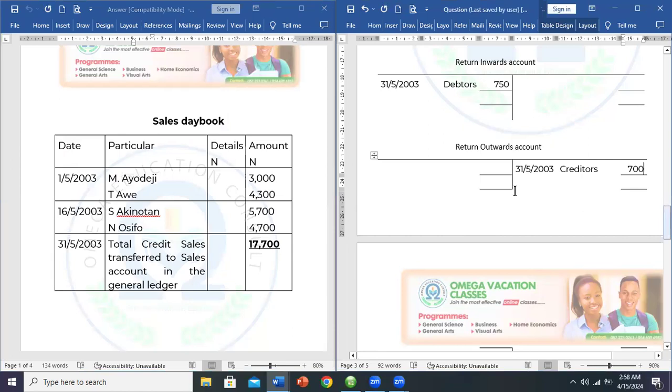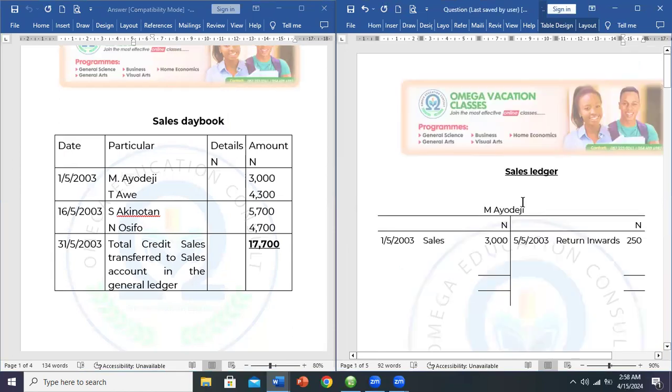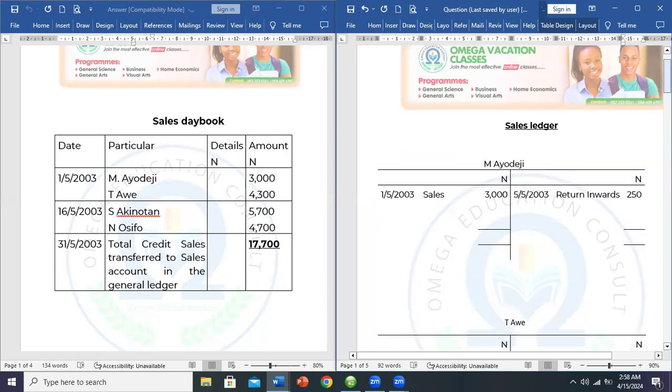you write the title, sales ledger, underline, and then you open the account for each of the debtors, right? You post the entries. You debit them in that case. And then the total, don't forget the total. The total will always go to the general ledger,